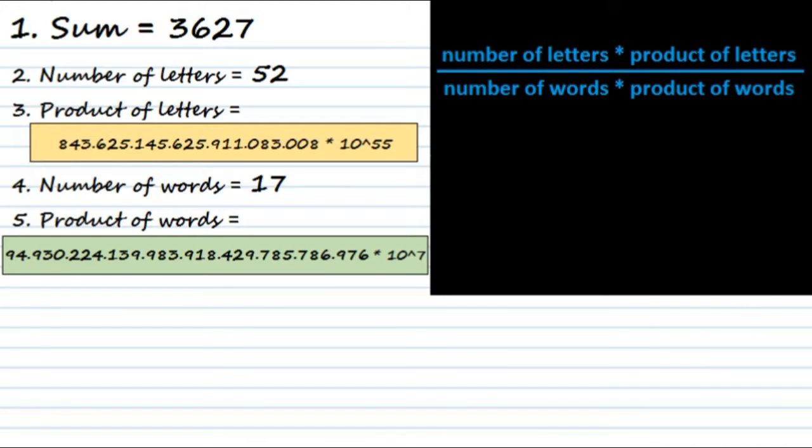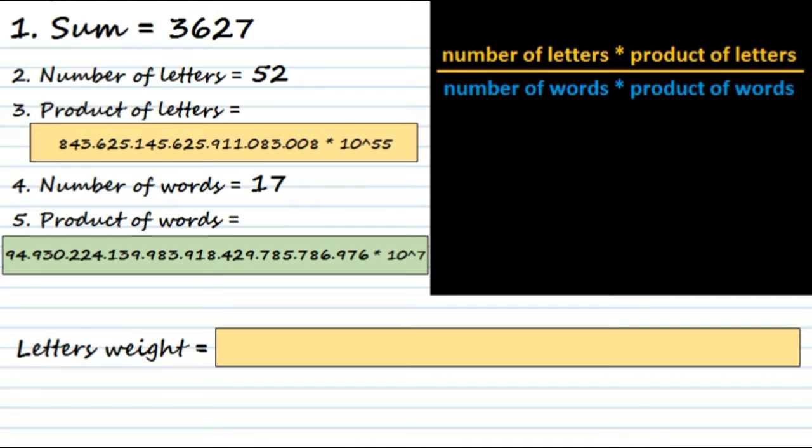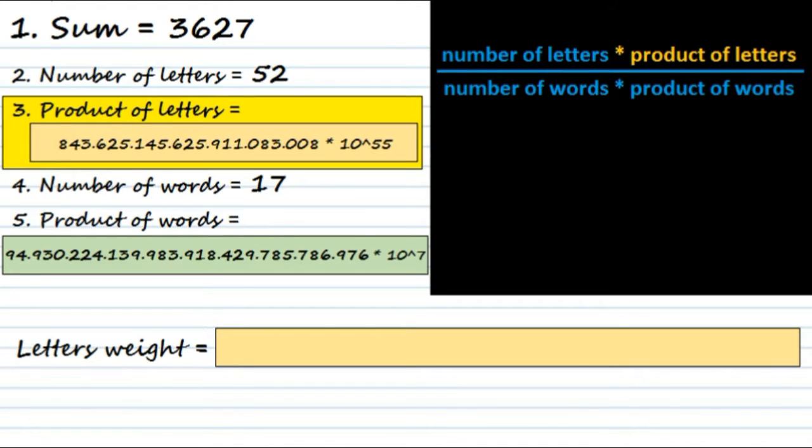Weight of the letters divided by weight of the words. It is the same formula that we used for Genesis 1:1. You would have every right to think that we were cheating if we used a different formula. Remember that the weight of the letters was the number of the letters multiplied by the product of the letters. As we have 52 letters, and the product of the letters is this large number, we obtain for the weight